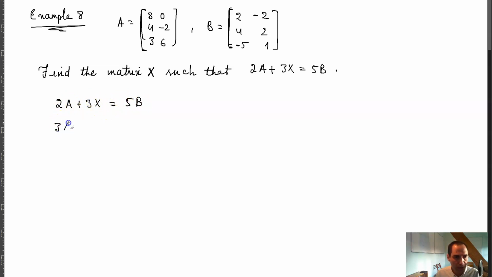You can write 3X is equal to basically 5B, for example, minus 2A, and then you can write X is equal to